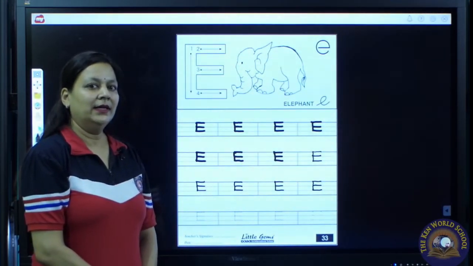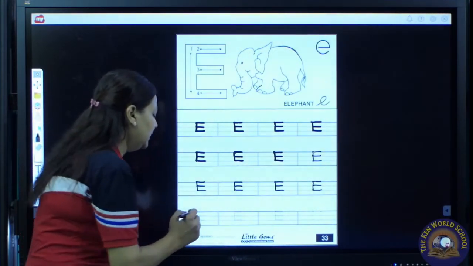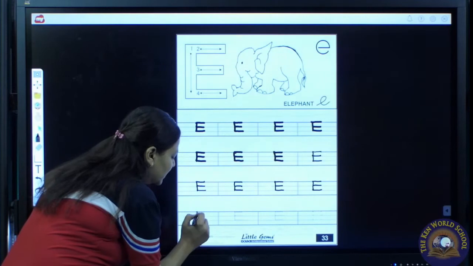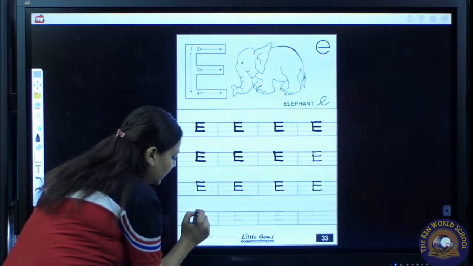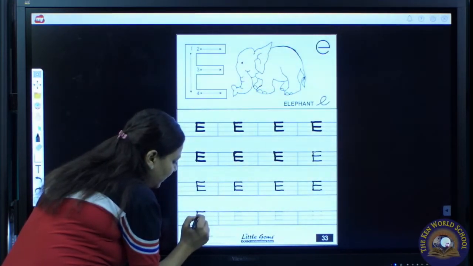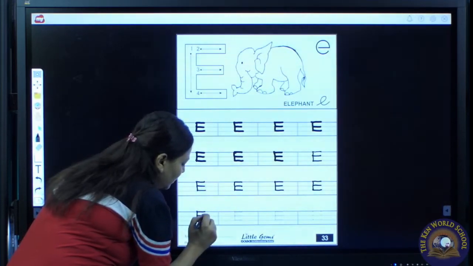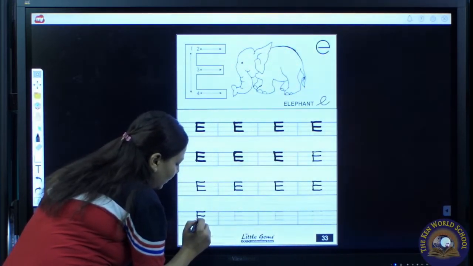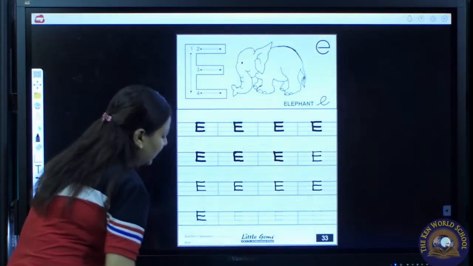Have you all done? Now again it's my turn to write E. We will put our pencil on the top line, come till base line, and again on the top line we will draw a sleeping line. One more sleeping line on the middle line. One more sleeping line on the base line.